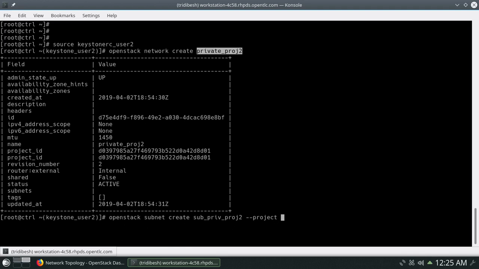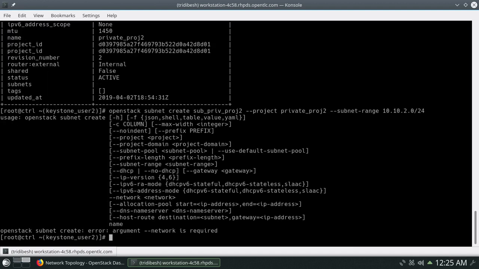Let's put that project name, then hyphen subnet hyphen range 10.10.2.0/24. So this will create a subnet.